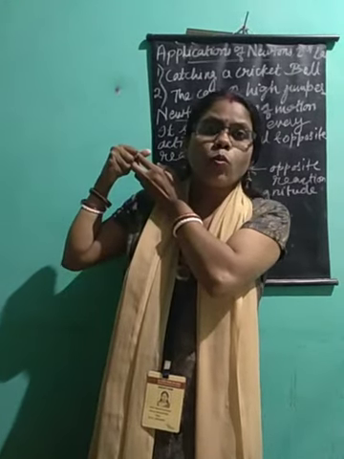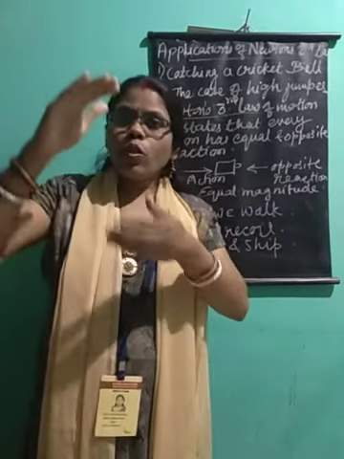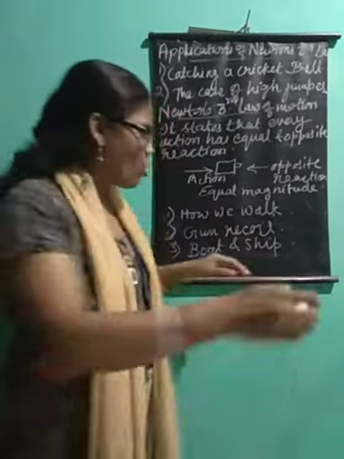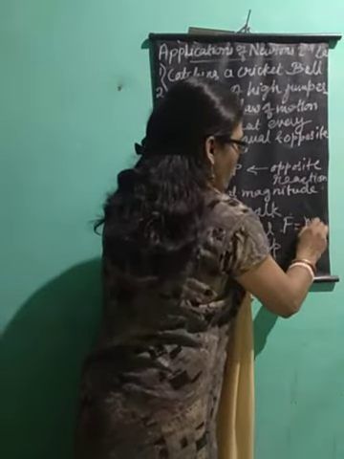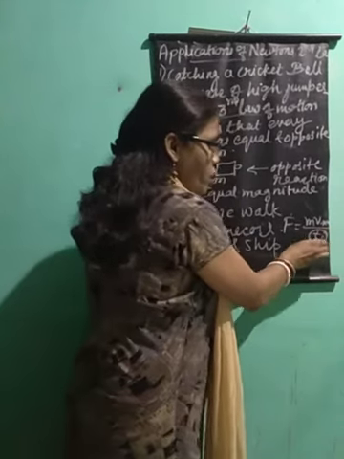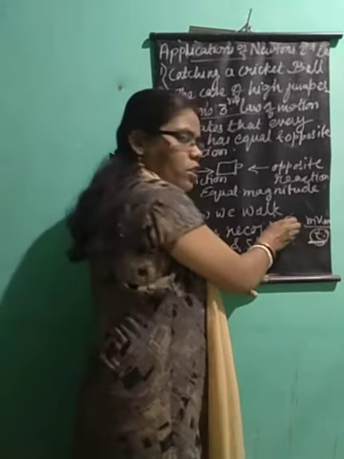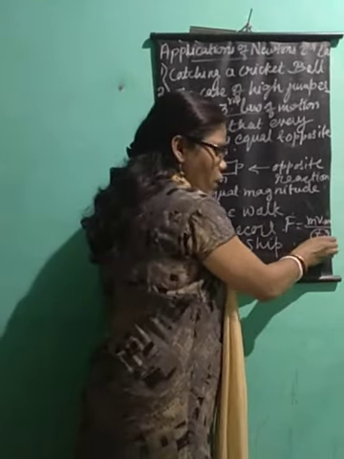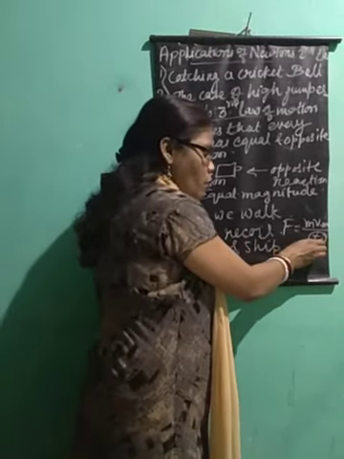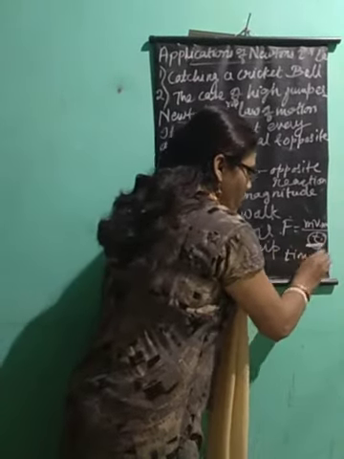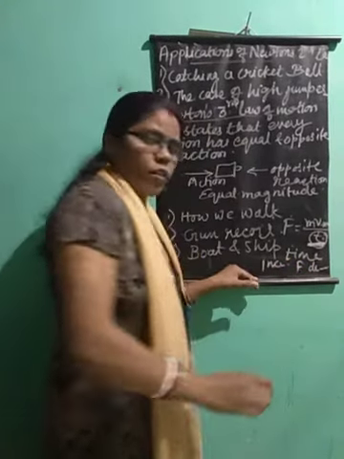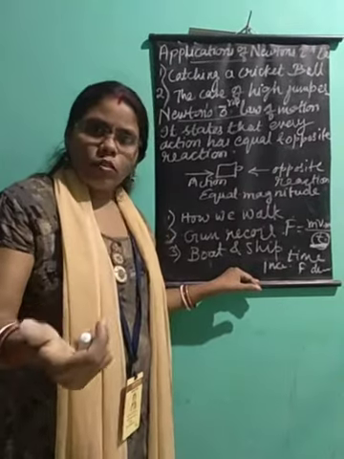Why is it done so? It is done to increase the time. See, your formula was F is equal to (mv minus mu) by t. Now here time is inversely related. If time is increased, force is decreased. If time increases, force decreases. So if time is decreased, force is increased.